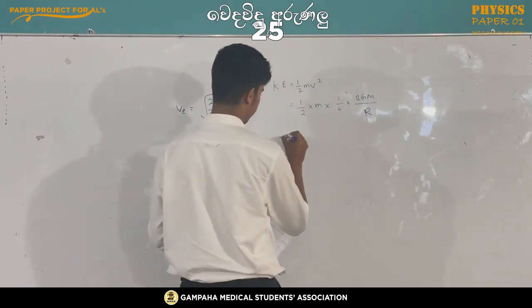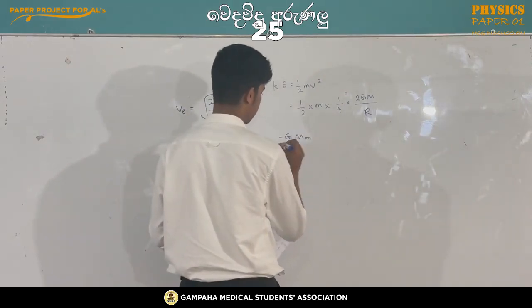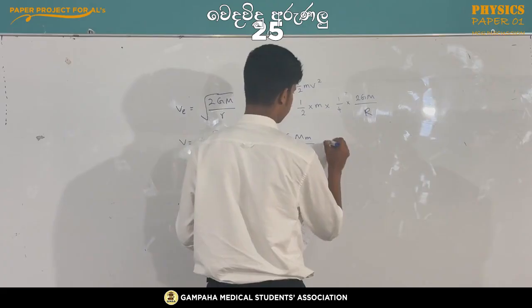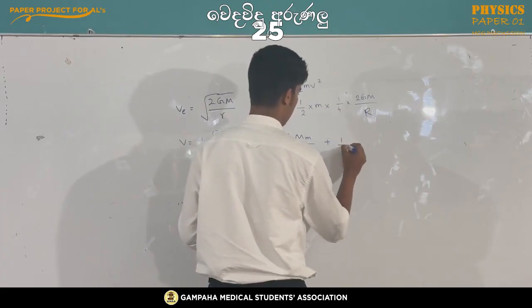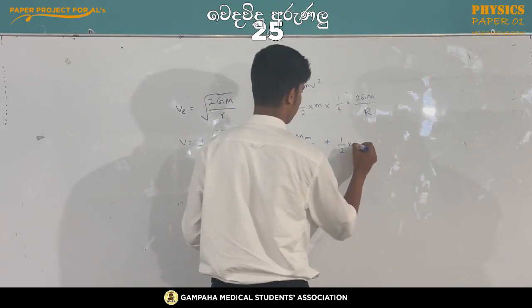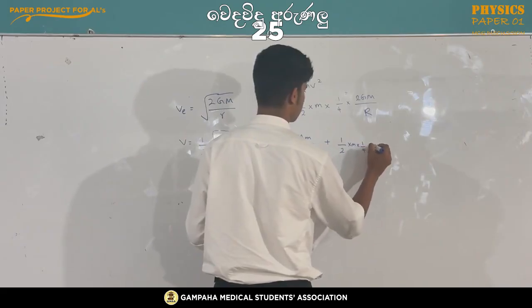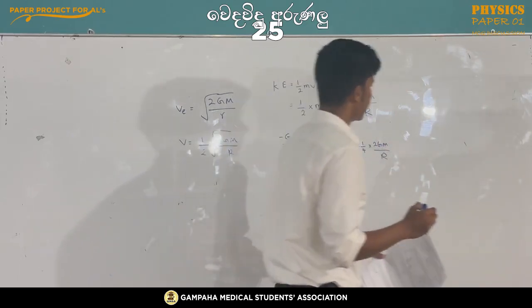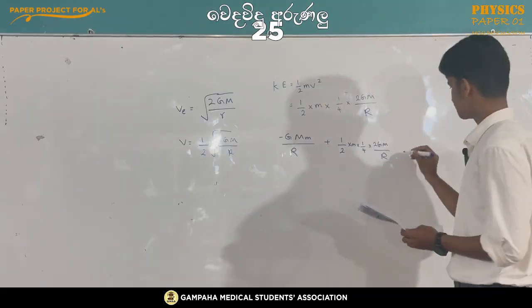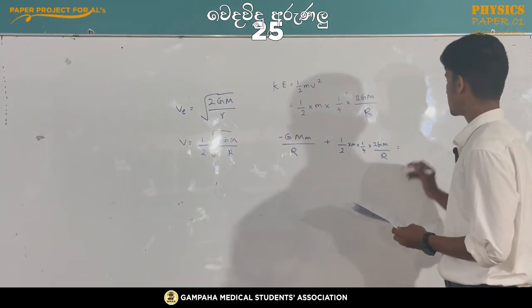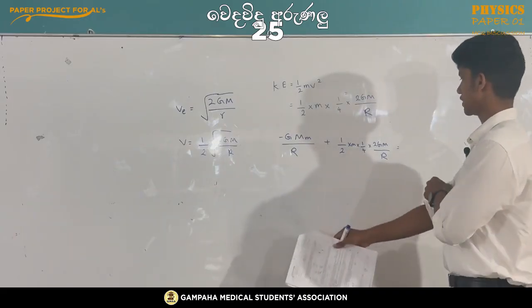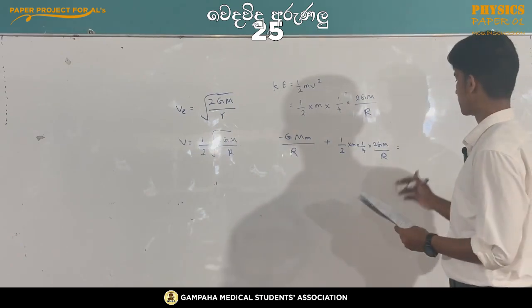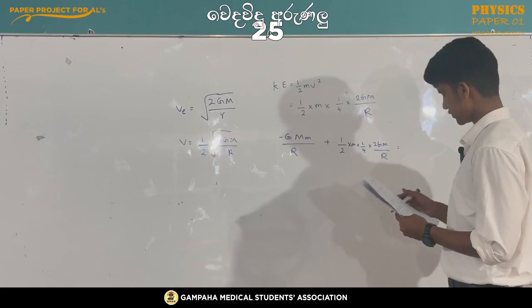The initial potential energy, since this is at the surface of the earth, is minus GMm over R plus the initial kinetic energy. Then the final potential energy and the kinetic energy should be written on the other side. There's no kinetic energy in the final moment, and then the potential energy is